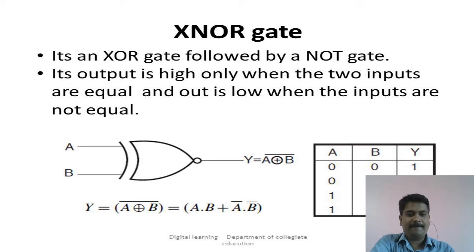Okay, this is the truth table of an XNOR gate, where the output is high only when the inputs are the same, and the output will be low only when the inputs are dissimilar or unequal. Therefore, output will be high when inputs are equal, either 0 or 1. Therefore, the XOR gate acts like an inequality detector, but the XNOR gate acts like an equality detector.